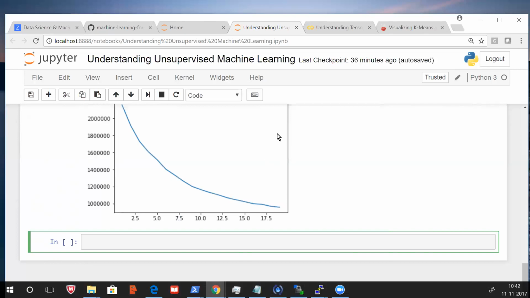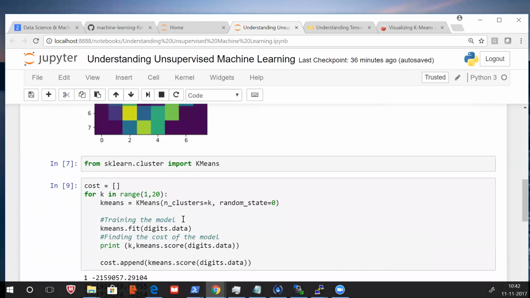No. First time it will see the code here. So first time it will try it out with one cluster, right? The entire thing. It will find the cost. It will do the fitting for everything. It will do score, it will calculate and all that. Then cluster number 2, then cluster number 3. That is how it is going. Okay, one cluster.